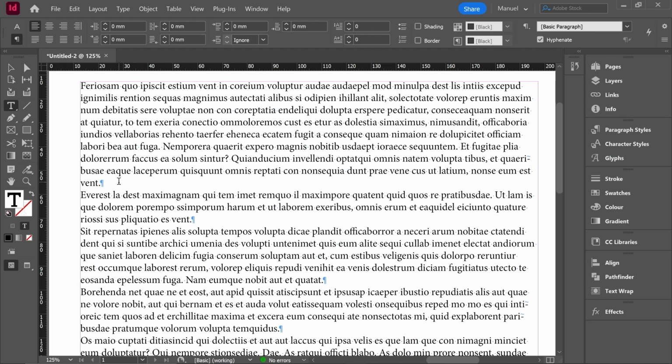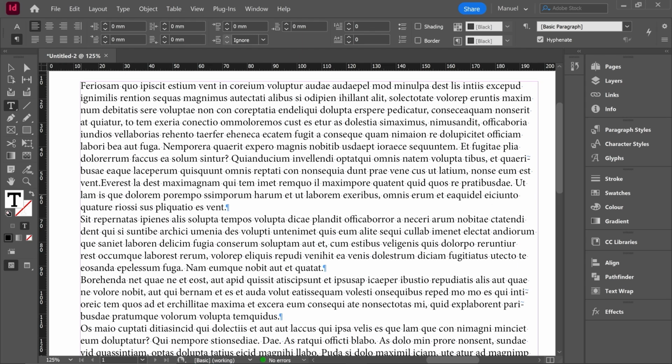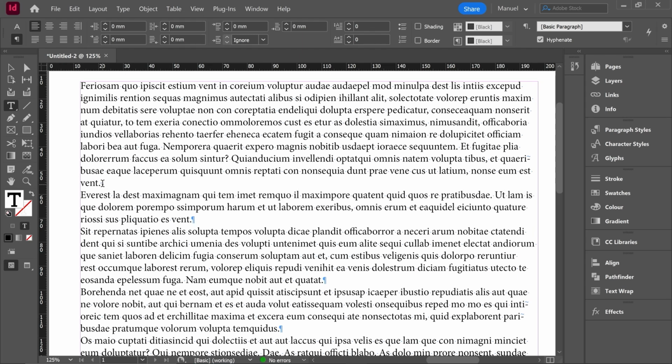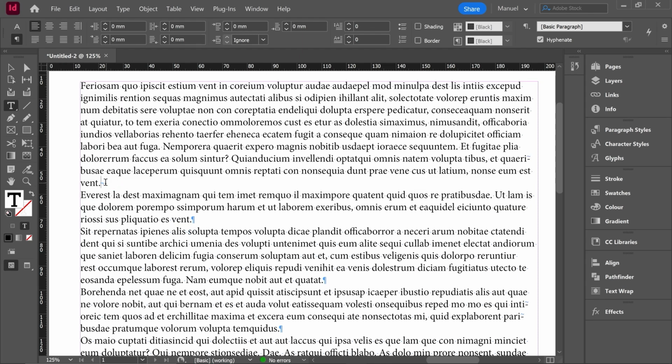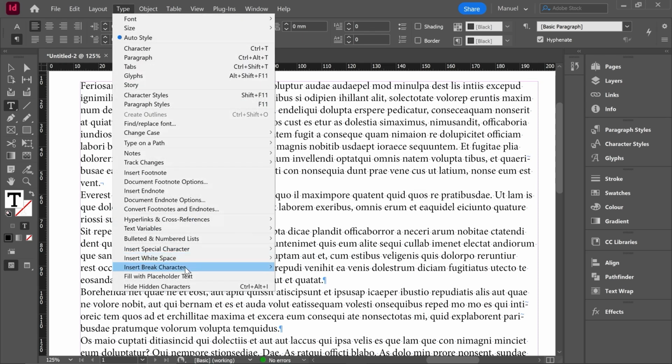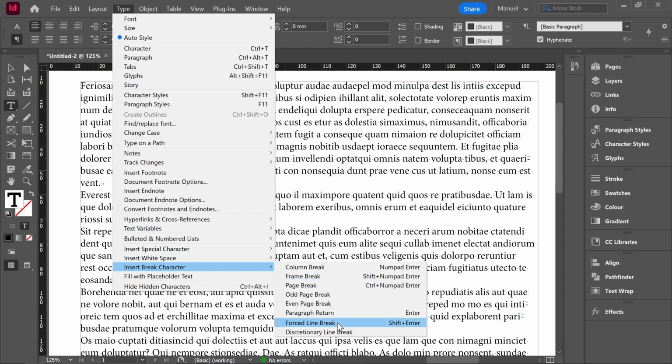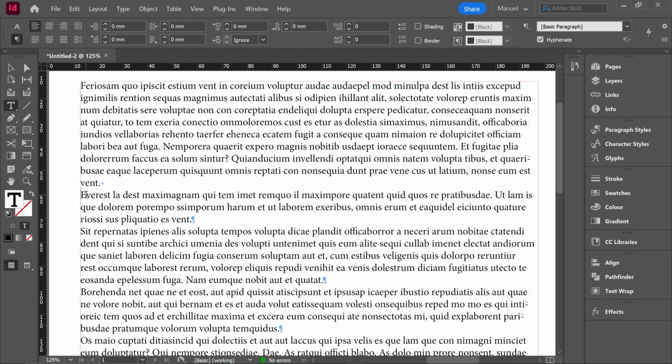But be careful, because sometimes we will need to jump to another line, but we won't want to start a new paragraph. And this can be done. For example, I go back here and I use this other symbol. I broke the line, but I didn't use the enter key. So for InDesign, all this is one paragraph. You can check how the pilcrow icon has changed, right? You will find this option by going to Type, Insert Break Character, Forced Line Break. Shortcut Shift plus Enter. Anyways, to keep it simple, we will not work with these features in this class,